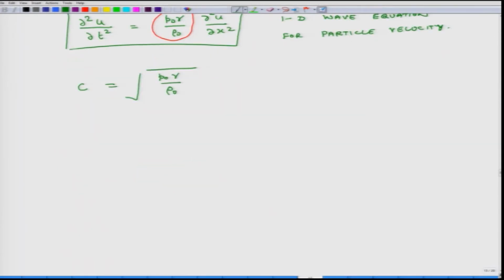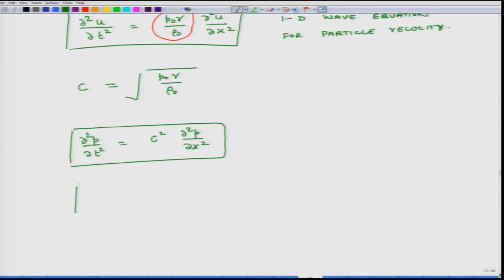If we do that, then the equations for pressure and velocity become del 2 P over del t square equals C square del 2 P over del x square,